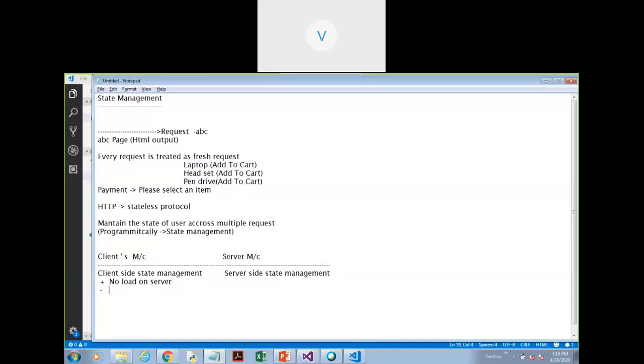Similarly, when Rutuja comes, Rutuja also comes with a blank paper. I will write on top of that paper Rutuja, and Rutuja has selected a specific laptop. Let's say she is interested in an HP laptop. So I write down HP laptop and I give it to you. Then similarly, Vishal comes in. So for Vishal, again I'll create one piece of paper and I'll say, okay, Vishal has selected so and so device, like that. And I give the piece of paper to you. This is client-side state management.